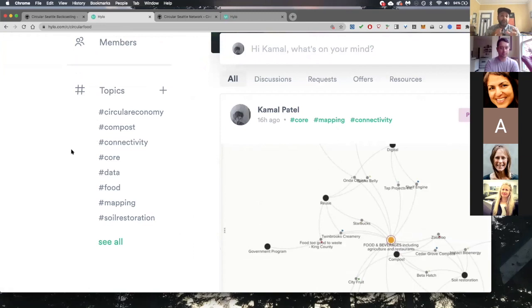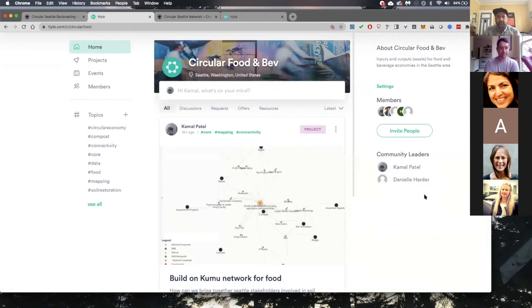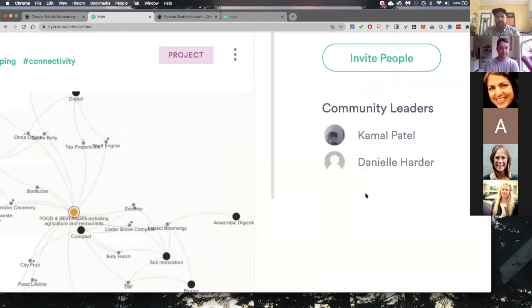And the goal is to also have, the last piece I'll show you, there's going to be community leaders here. So within this, the community leaders help guide the conversations and make sure people understand how to navigate it. So the goal is, if we get this right with food, then we can move on to another category, and we can build textiles, and then we can build whatever. And the beauty of this is it's decentralized. Somebody else can just start one.